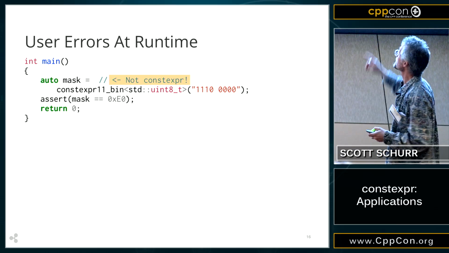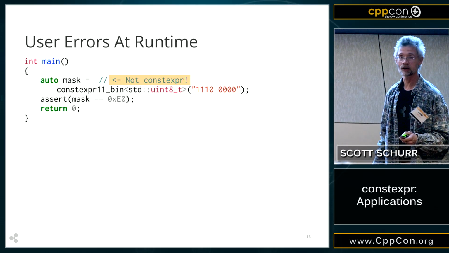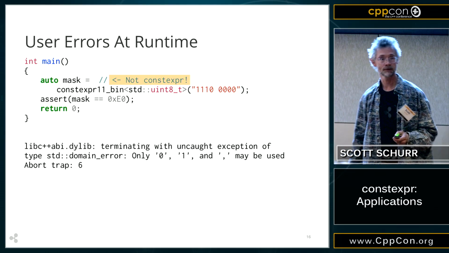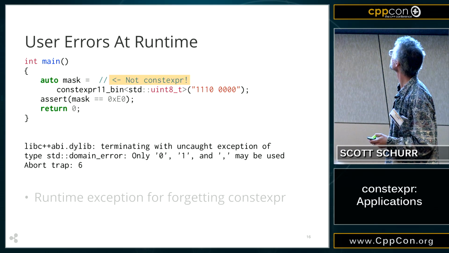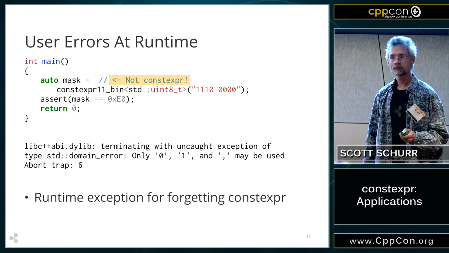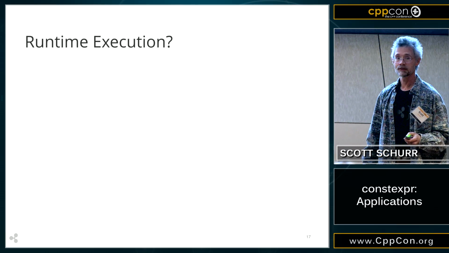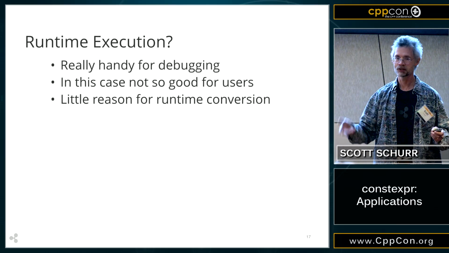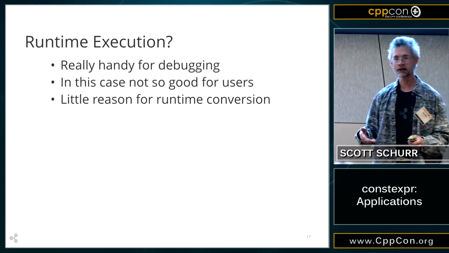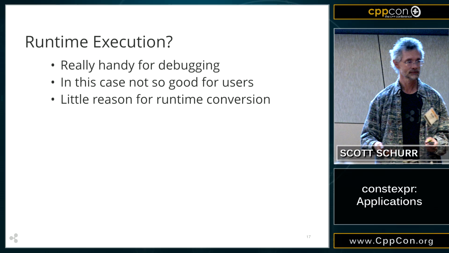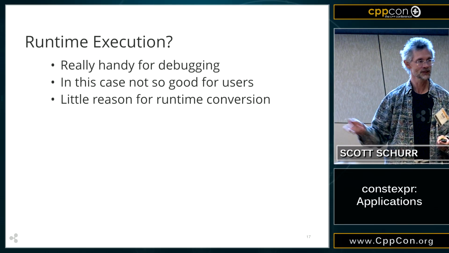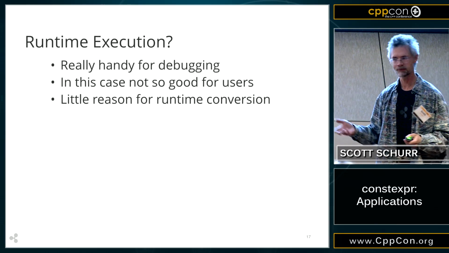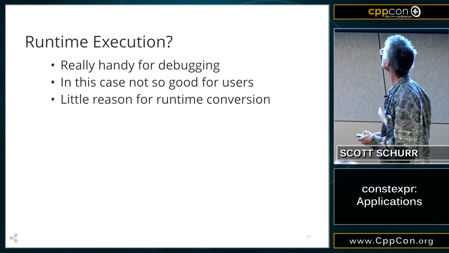So we left off the constexpr. That's why we're going to get a user error at runtime. And that's what it's going to look like. We'll get a throw. Now, the problem to me is that, at least for this particular situation where we're trying to do a binary literal, the likelihood of us wanting to determine that at runtime is pretty low. You might have a situation where somebody's passing a string in and you want to do that, but that's really not the point of this particular exercise. We want it to be a compile time kind of thing.